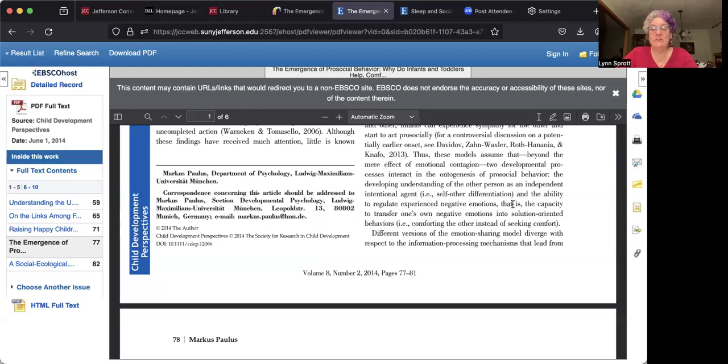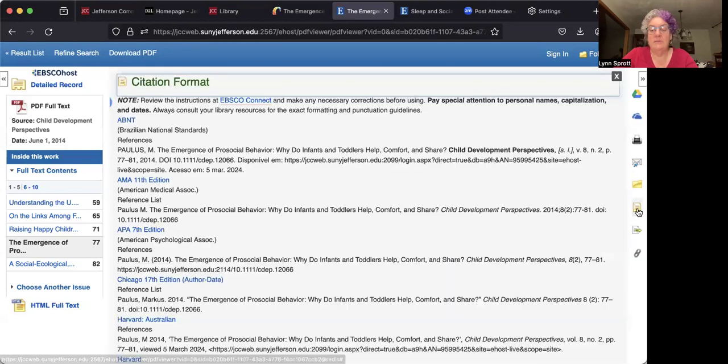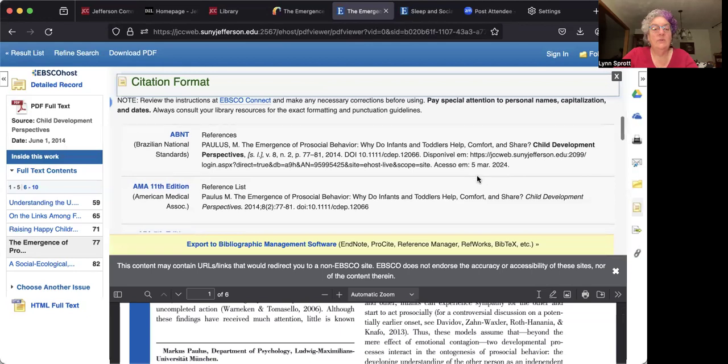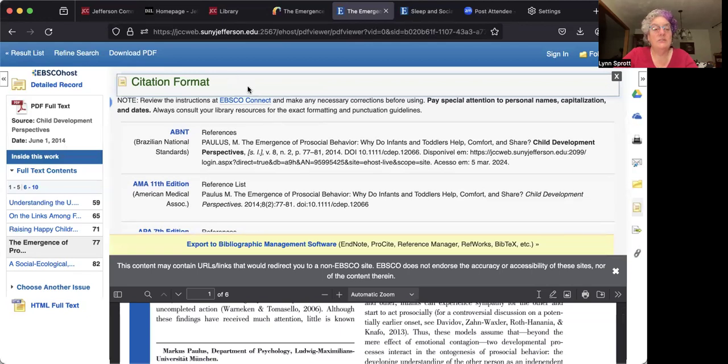But if you're using an EBSCOhost database, you've got a shortcut, a wonderful shortcut. Over here on the right side of the screen, you'll see a menu bar. So this is useful. You can email articles to yourself. You can print them. You can put them in a folder, things like that. What we want right now is this one that looks like a piece of paper. This is a cite shortcut. So if I click on that piece of paper one, it is going to give me the proper citation format for a bunch of different